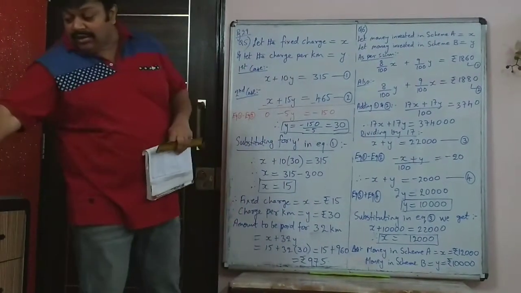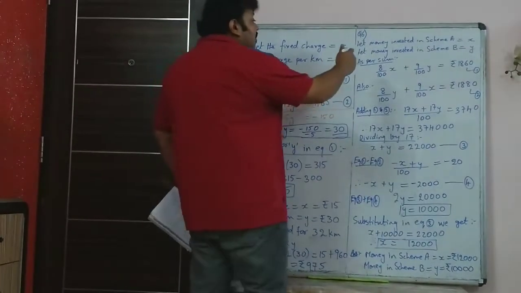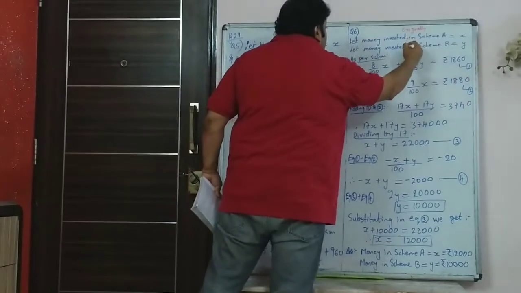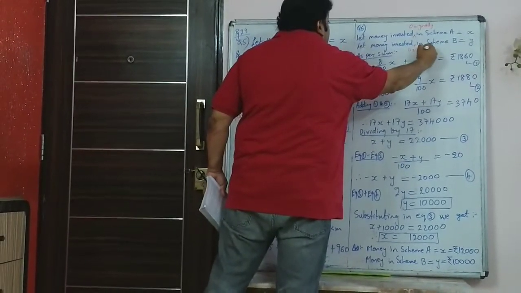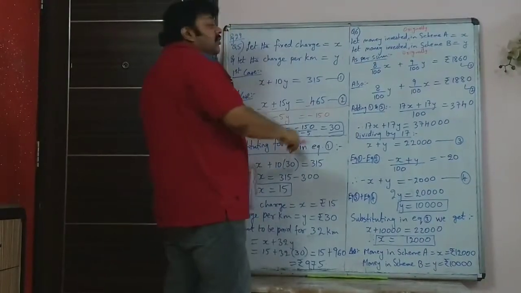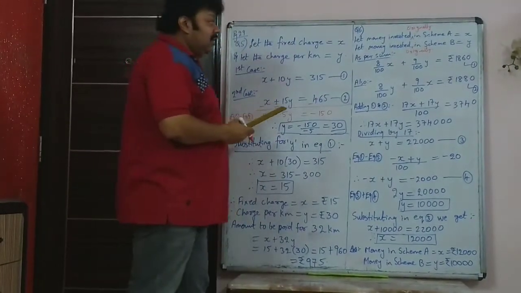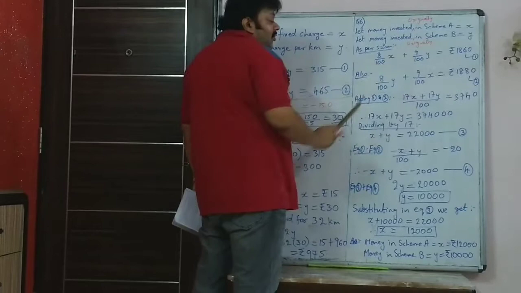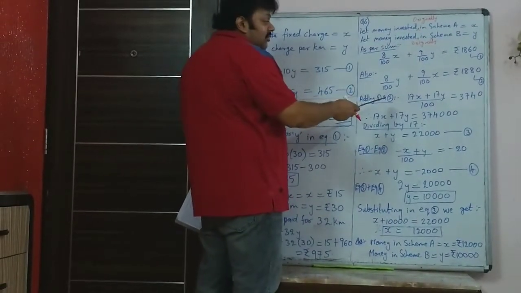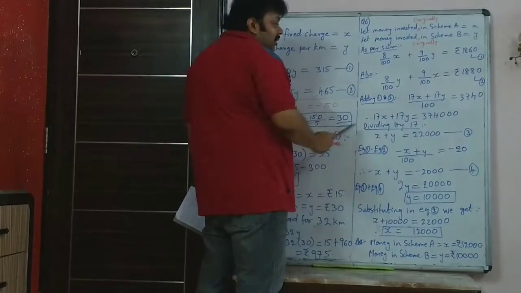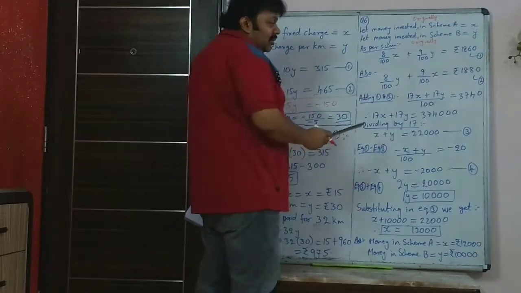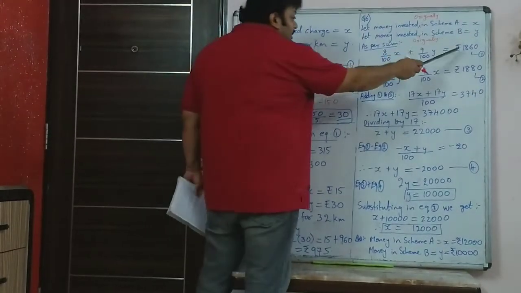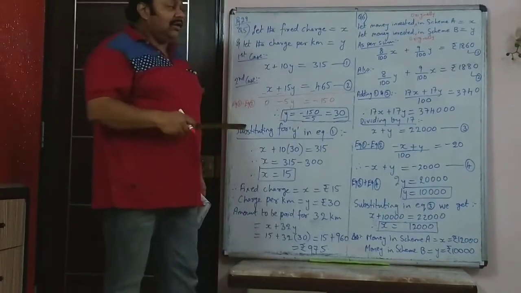So this is the money invested originally, and here also money invested originally, not after interchanging. So the first condition is based on the original investment, that is 8% on X rupees and 9% on Y rupees, and this is after interchanging: 8% on Y rupees and 9% on X rupees. That gives him 20 rupees more as interest. He was getting 1860, now he is getting 1880, 20 rupees more.